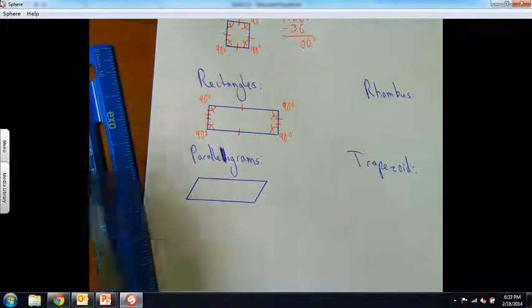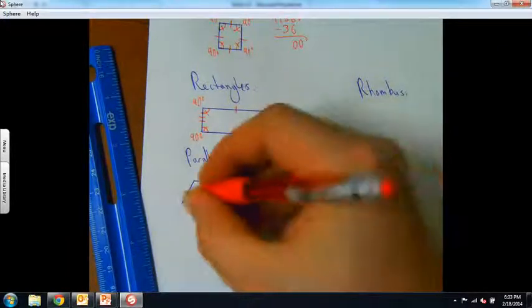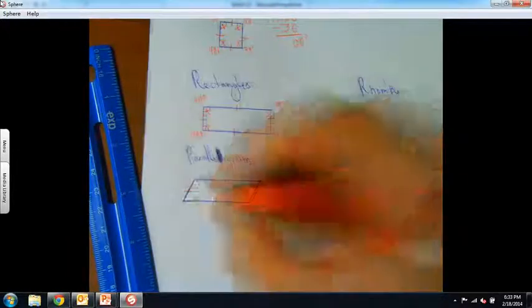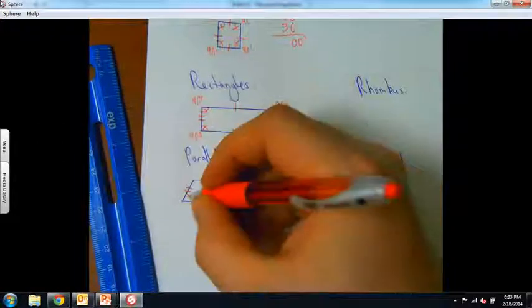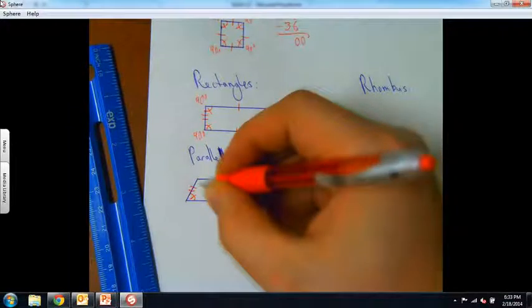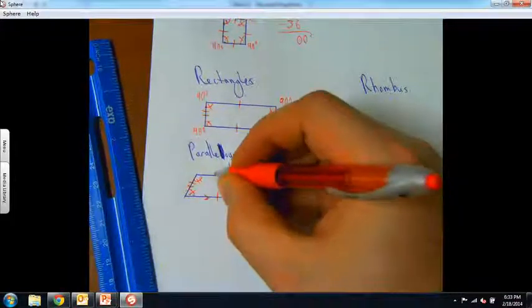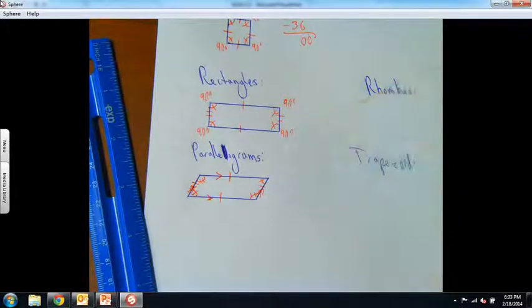Now, parallelograms, once again, are just like rectangles. They have two sets of parallel sides. However, not all angles are equal. The opposite angles are equal. And I am also going to notate that we have 1 and 2 sets of parallel sides. The arrow will denote if something is parallel to something else with a single or a